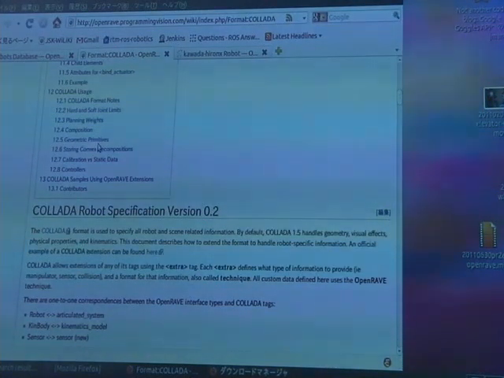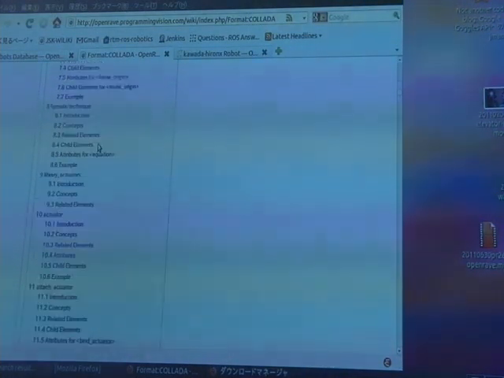So everything is defined in here. If you refer to this page, I think you can define your own robot models. And if you don't understand,